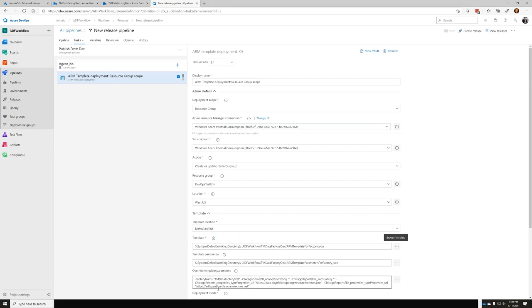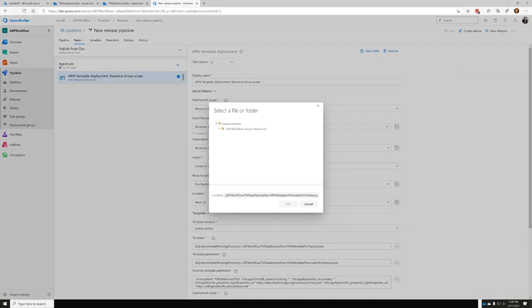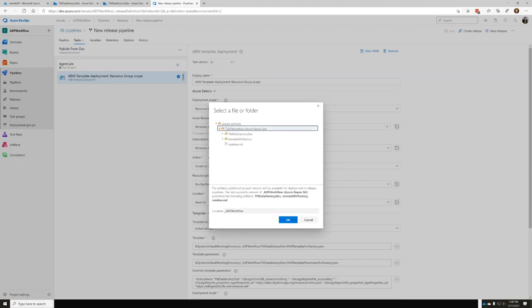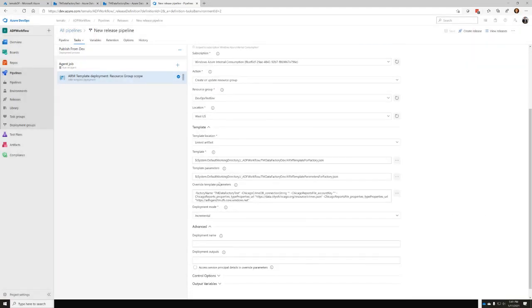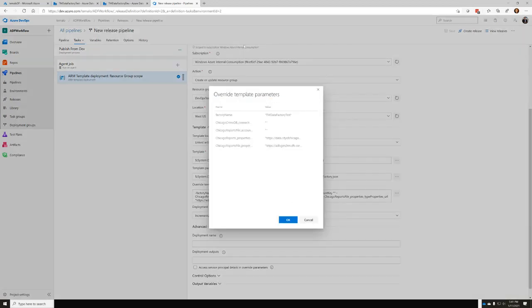my template. Because of that, one of the things that Data Factory does whenever it creates these artifacts is it creates a JSON file for all of the parameters associated with your Data Factory. And so what we do is we link that parameters file with our pipeline as well. So we have our template, then we have our template parameters. But again, the default for these parameters is going to be the name of your Data Factory that you're working with. So what I actually have to do is I have to override one of those parameters and give it